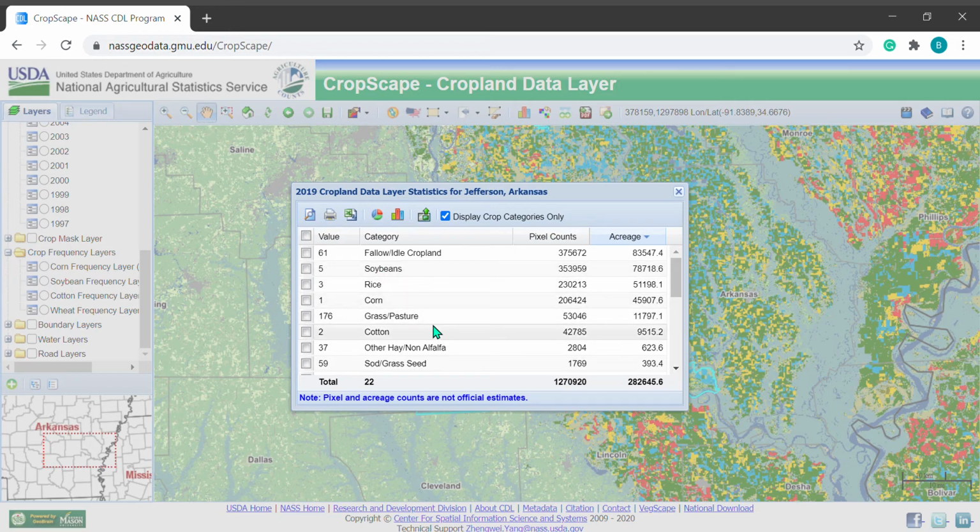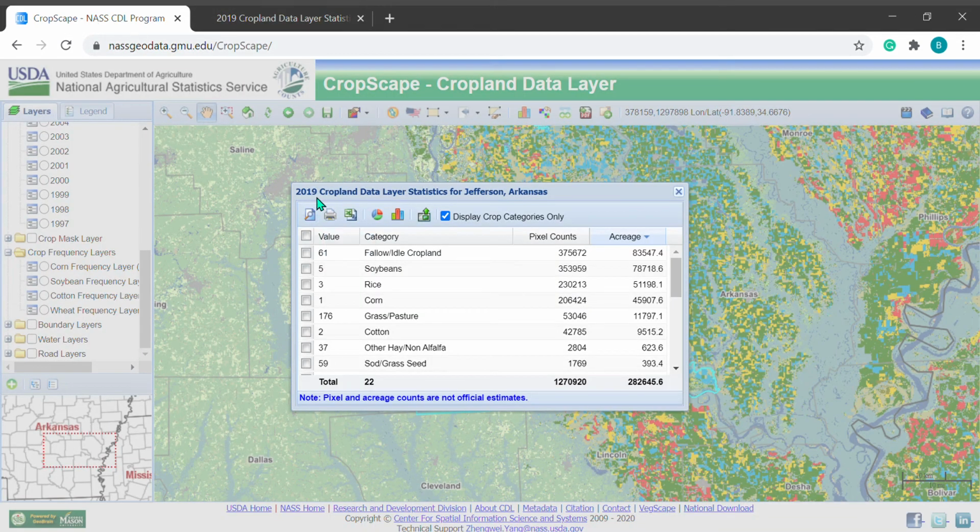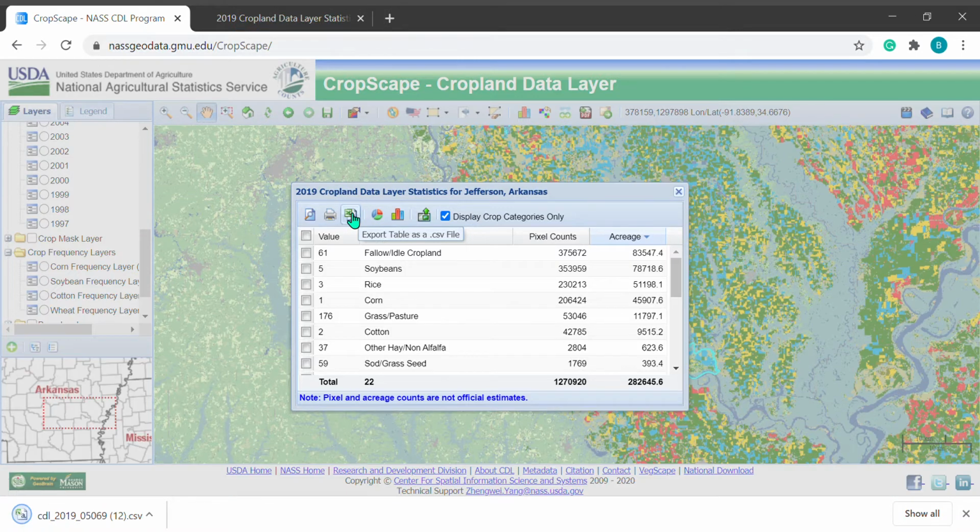If we want to see a clearer format, you can click on View Table here, and you can see that it has all the information. You can also click here to print the table. You can also export the table as a CSV file. Click on there, and it mainly sends the file to the download folder.